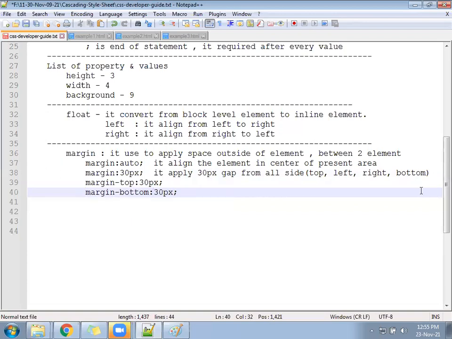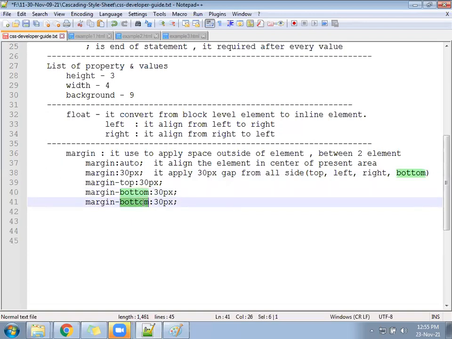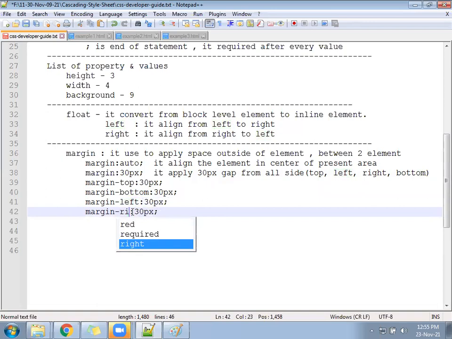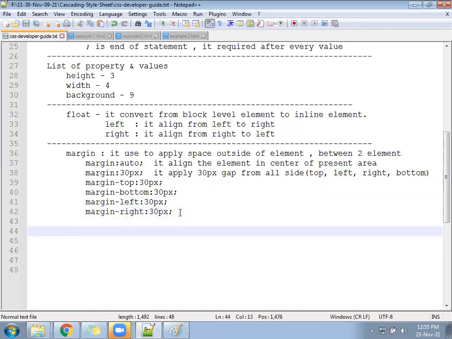Margin hyphen left, a certain number. Margin hyphen right. So how many ways can we apply the space? Six ways.